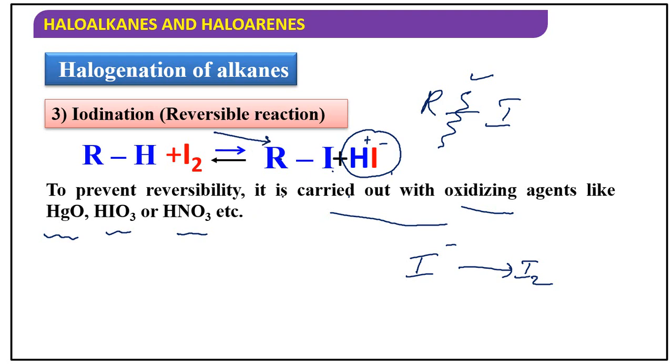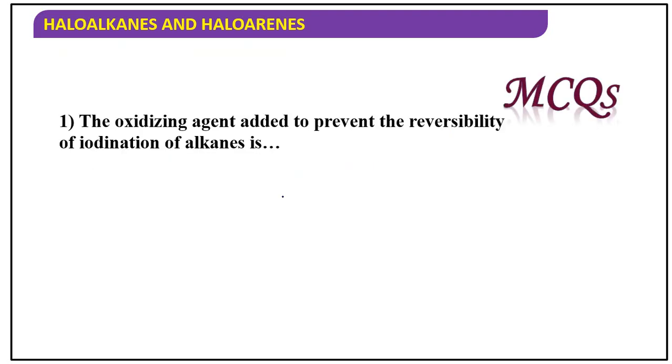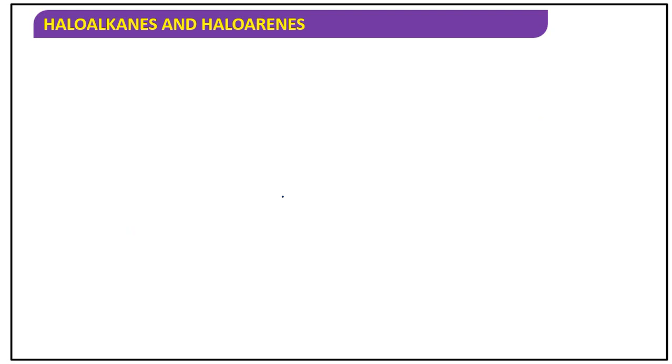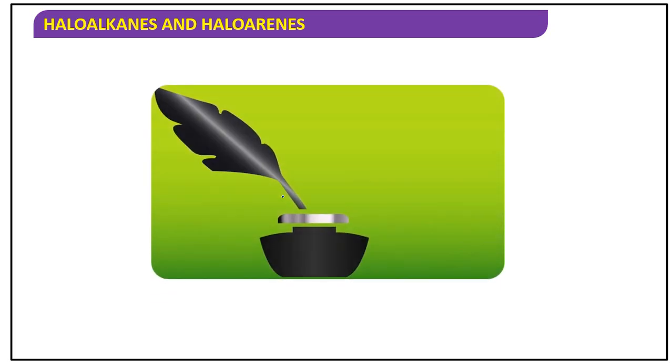Okay, so the oxidizing agents added to prevent the reversibility of iodination of alkanes, as we just discussed, are mercuric oxide, HNO3, HIO3, all these three. Next, chlorination of methane gives methyl chloride, dichloromethane, tetrachloromethane, all. There is no specificity for that. Okay, these are the preparations of